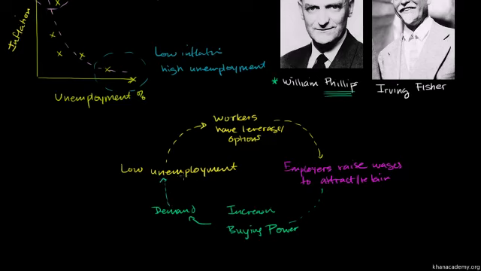And you can imagine if you already have low unemployment, and this is just one of the factors of production, but if you think about all the factors of production, they're probably all highly utilized. The factories are running at close to full capacity. The labor market is running at full capacity. If you increase buying power and you increase demand in that context, so demand is going up, lower unemployment, capacity utilization, or I guess you say labor utilization, is going down. There's less capacity, more demand. This is going to cause prices to go up. And then if prices go up, now workers have leverage and options when there's low unemployment, but they also have higher costs.